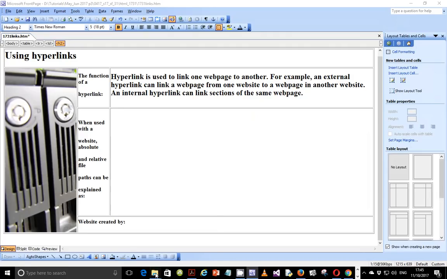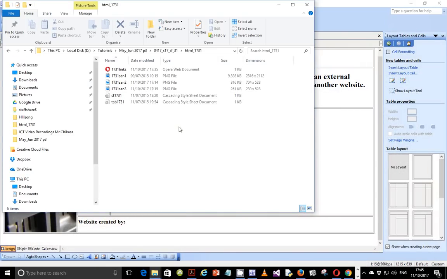absolute file path. So I'm going to just go here so that I make you guys understand better what I'm talking about. Okay, so a relative file path really, guys, refers to a file that is defined, rather, a file that is... Let me start with absolute file path. Okay, with absolute file path, you are talking about a file that is defined in a fixed storage or memory location. Okay, so for example, if you talk about this file, sun 1731 sun, it has got a fixed storage location, which is this one. Okay, so it is in drive D, in a folder called tutorials, and in a folder called May June 2017 P3 0417 underscore SF, and so on and so forth. And then finally it is in a folder called HTM 1731. So this file is actually in